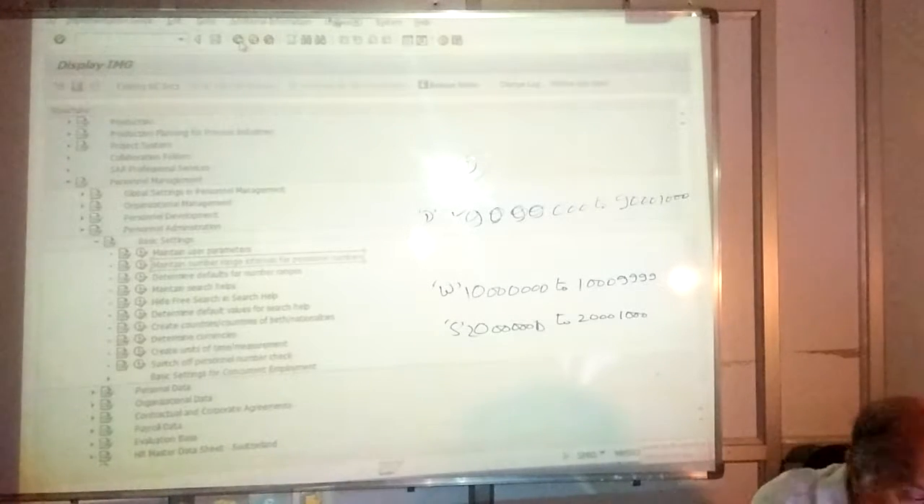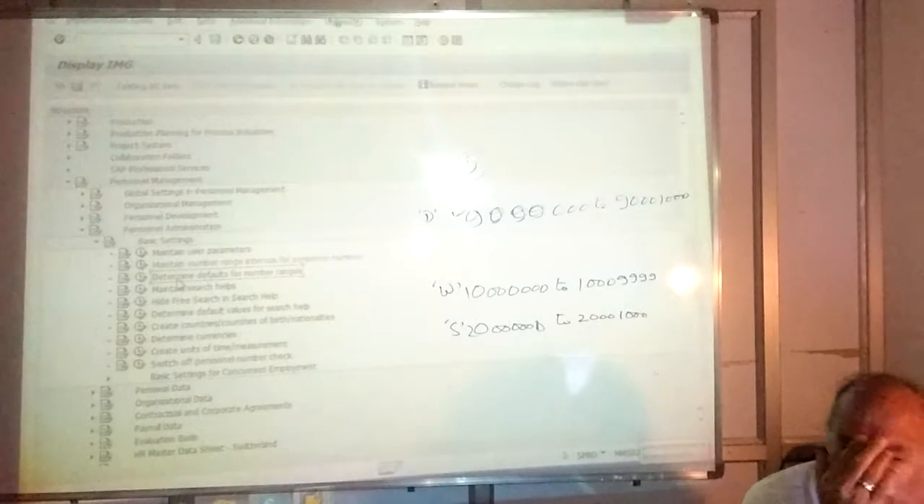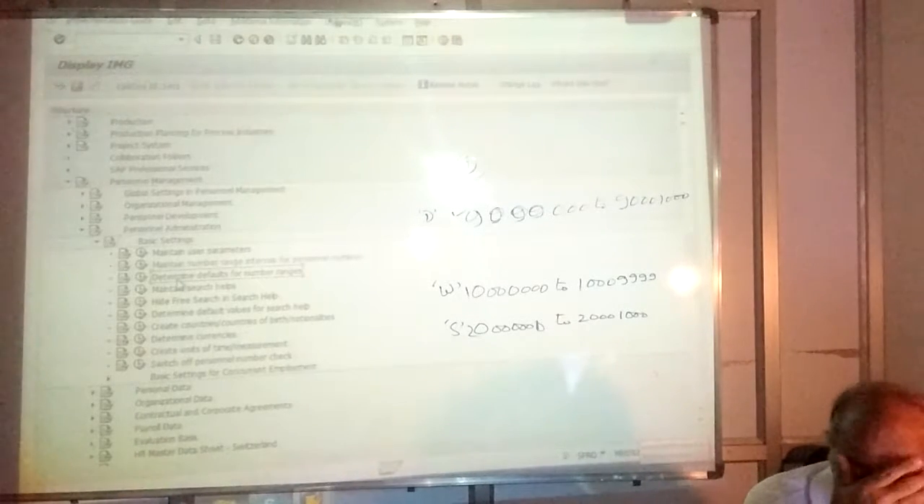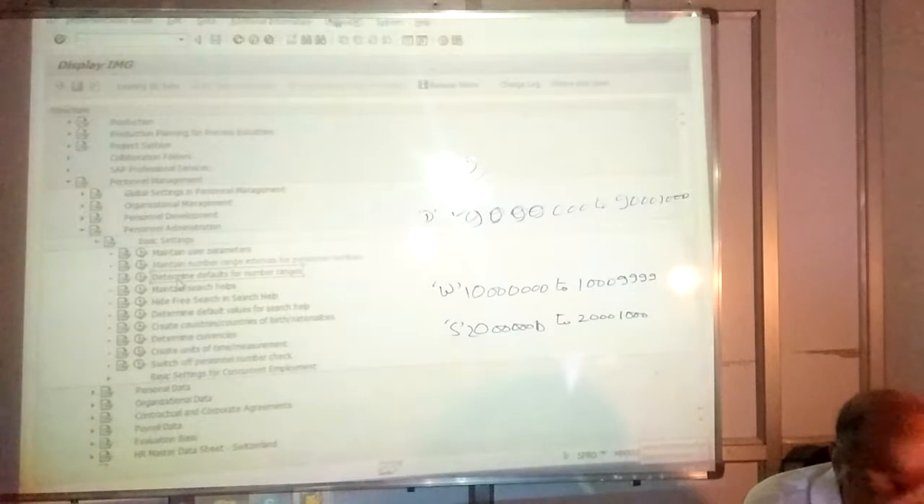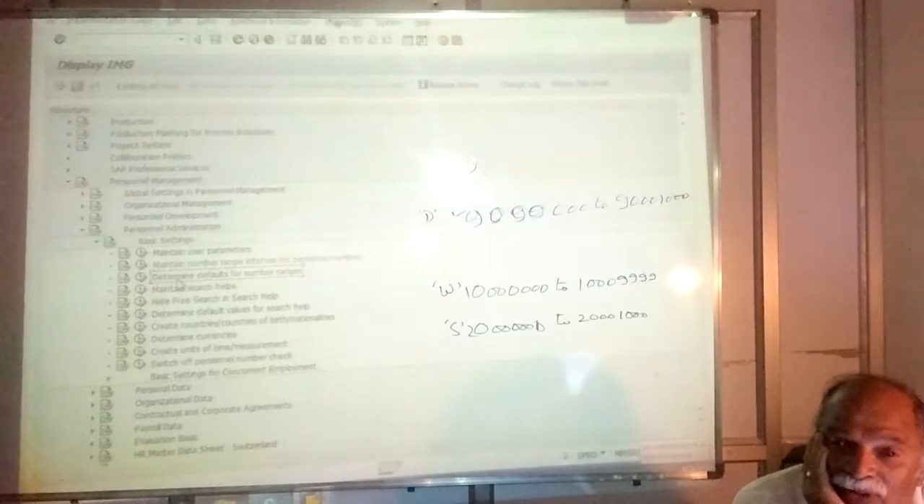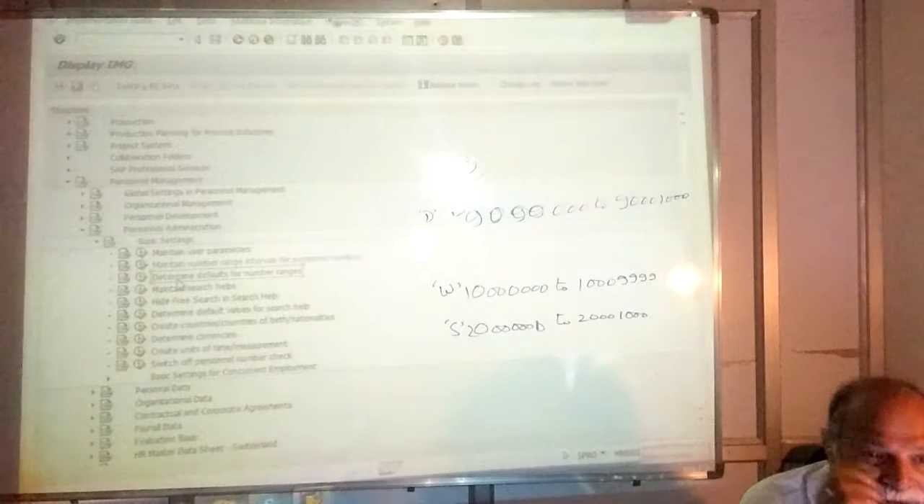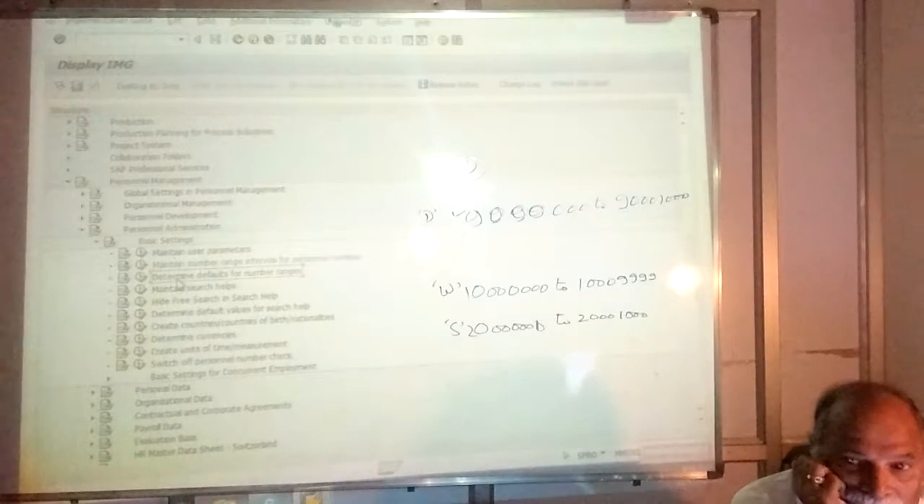The moment you see the word default in SAP SPRO, you should say that there is a feature. What is the feature of this? FEATURE. Have you heard about features? No? Have you heard of features in SAP? Never. So in SAP